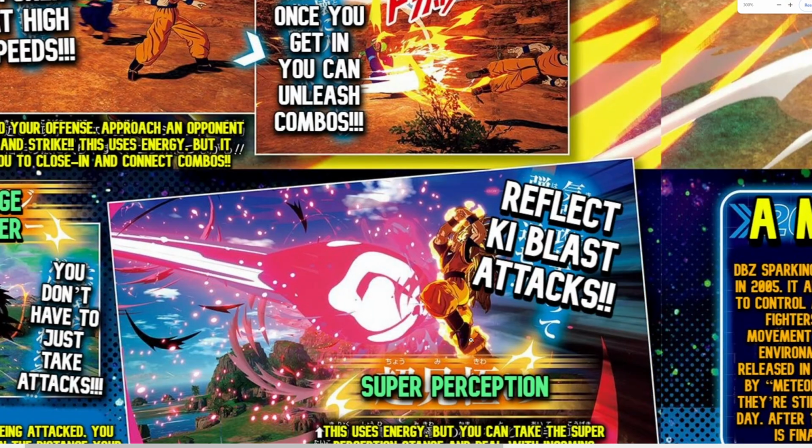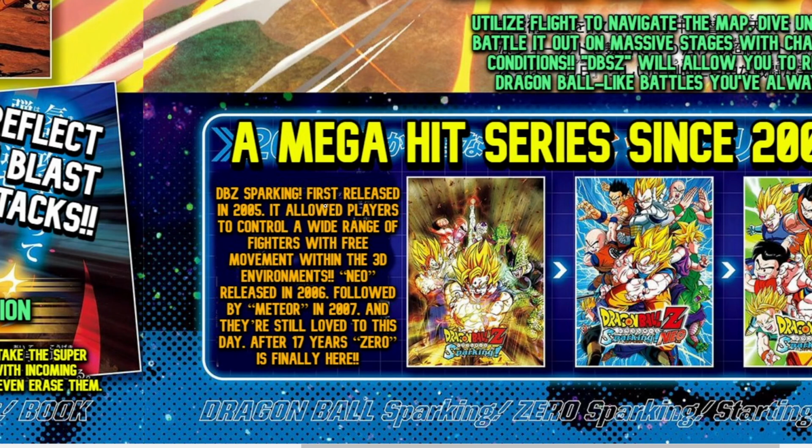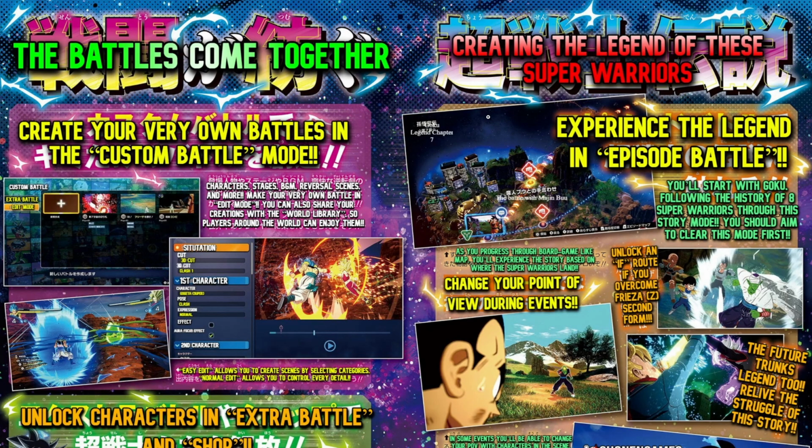Let's just go ahead and read what this description says. DBZ Sparking, first released in 2005, it allowed players to control a wide range of fighters with free movement within the 3D environments. Neo, released in 2006, followed by Meteor in 2007, and they're still loved to this day. After 17 years, Zero is finally here. Let's go. Now we have the